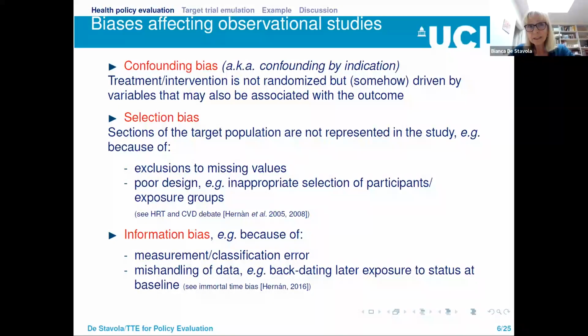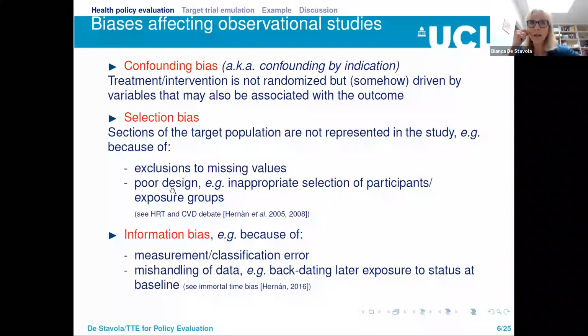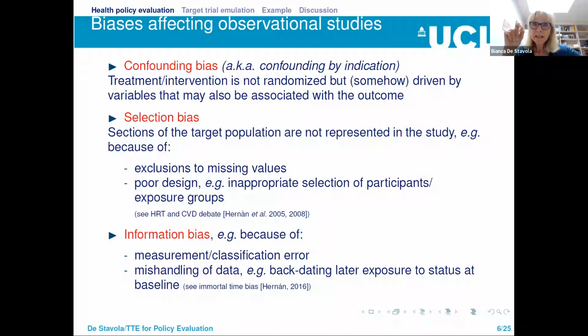There are issues of missing data, which are obviously also well known and usually affect RCTs less. But the additional point that I would like to make here is that selection bias can be a consequence of poor design. So poor understanding of your data, poor understanding of the question you want to ask may lead to selection bias. And there are examples in the literature, and you see them referred to here, one of which,